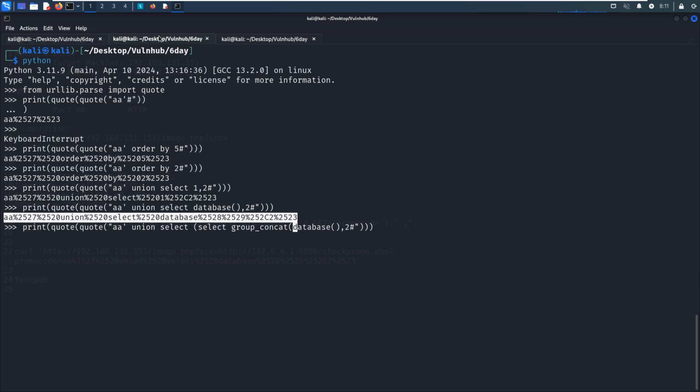So the table name and from information_schema.tables. Information schema is a special database for MySQL, and this is the table which stores all names for all tables. Okay, so now where